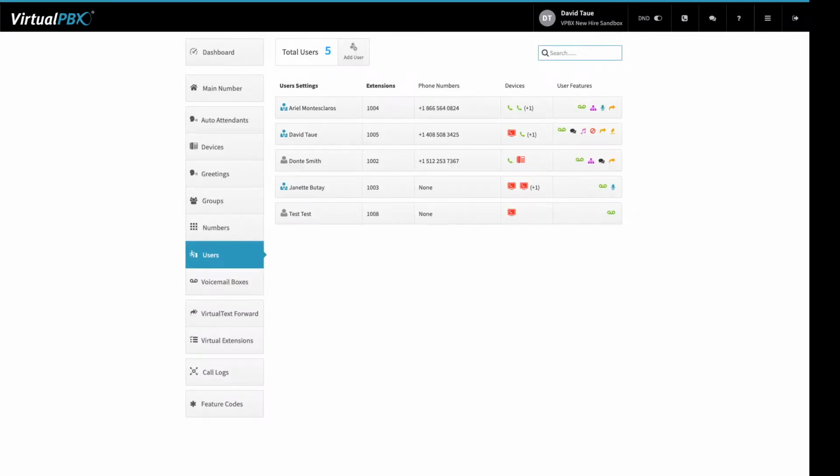Here you see my users that are added on the account. People with the blue suit icon, those are my system admins, right? They can make all the changes we're talking about here. The gray people icon, these are my standard users. They can basically access their voicemail and set up their own call forwarding, essentially. Up here at the top, you click on Add User,